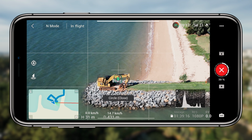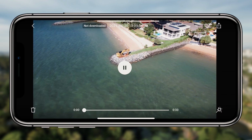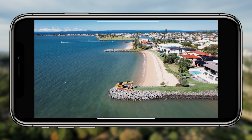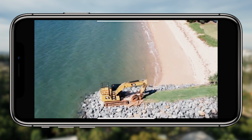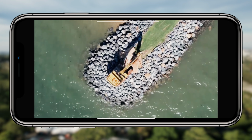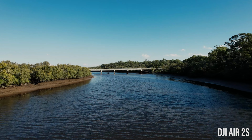You then put it on your computer, review everything, and then you can cut and choose what you want. And I've found it actually really useful. It does a whole process. It's all automated. It only takes a few minutes, and then you've got a ton of unique footage to use at a later date. On top of that, the Air 2S has also got improved range over the Mavic 2